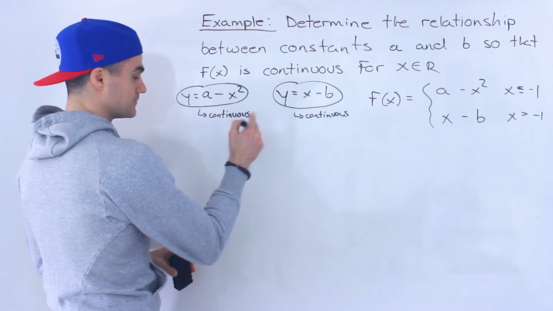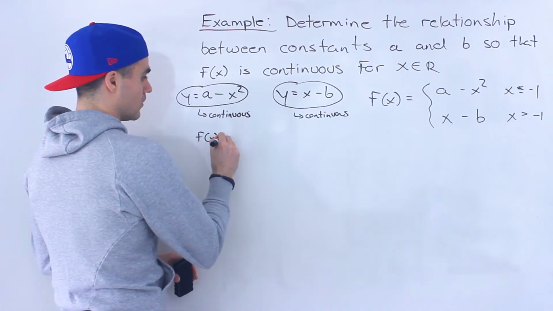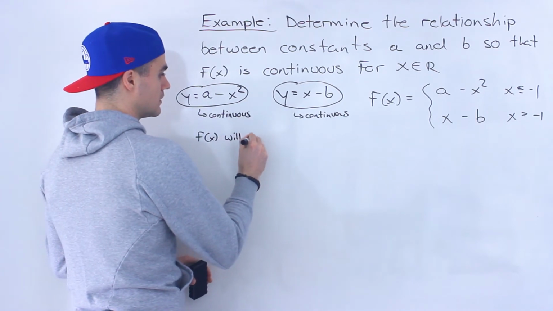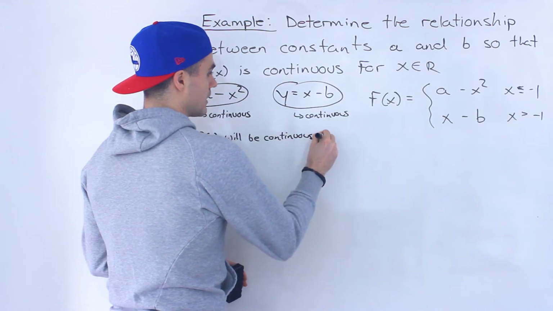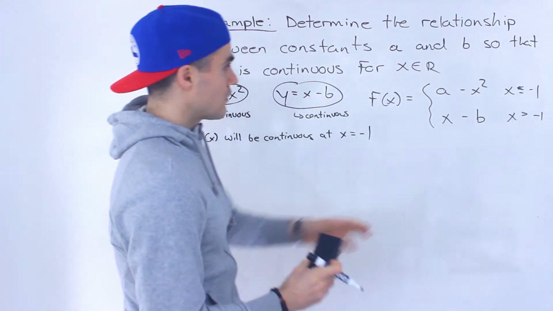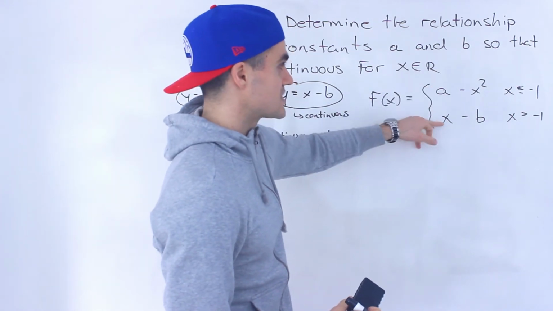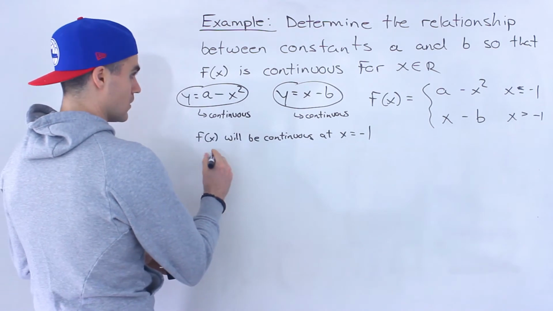And basically, f of x will be continuous at x equals -1 when these two functions have the same y value at that x value -1. So we could say when